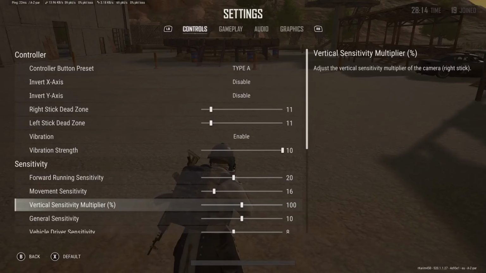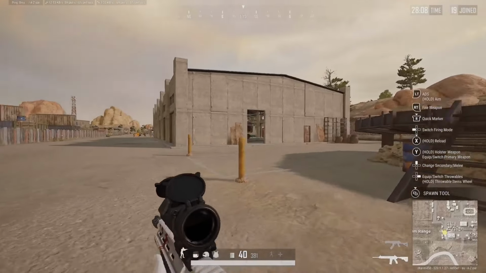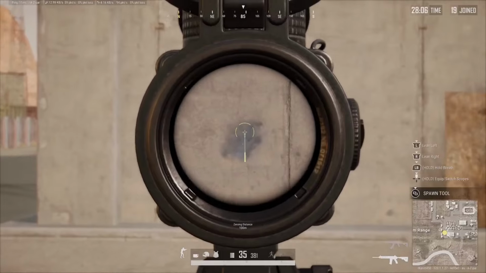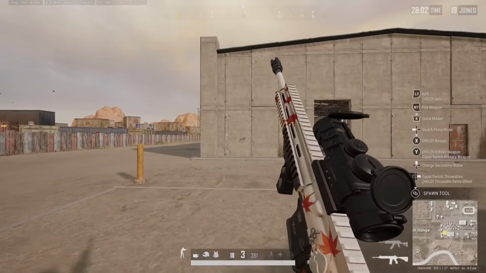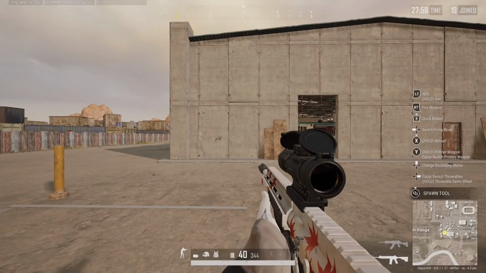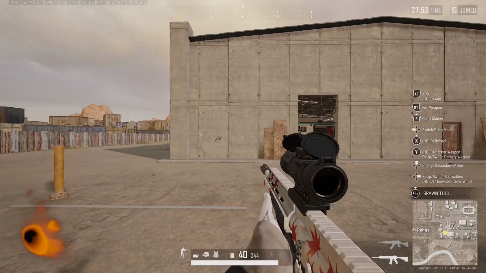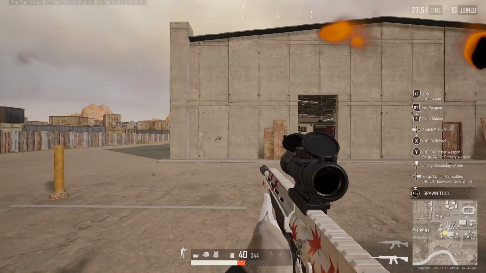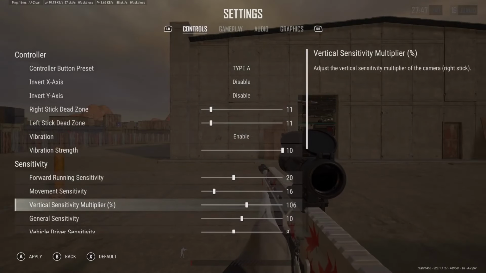Vertical sensitivity. Alright, this one will decide how much you pull your stick down to control recoil. I'll show you how it's done. I'm not pulling hard on the stick because it's twitchy for me. So it's sensitive, you know what I mean? So the higher you have it, the more sensitive it is. Let's put it on